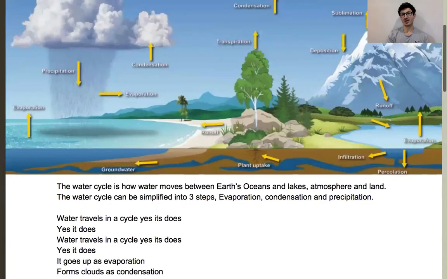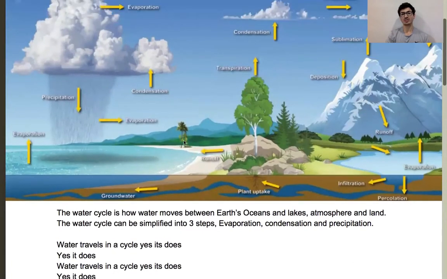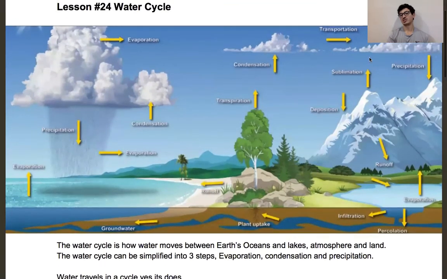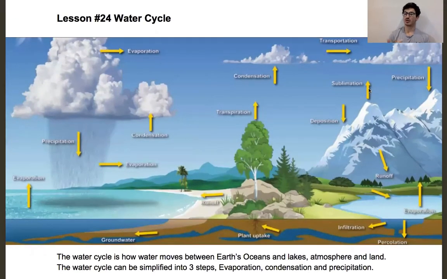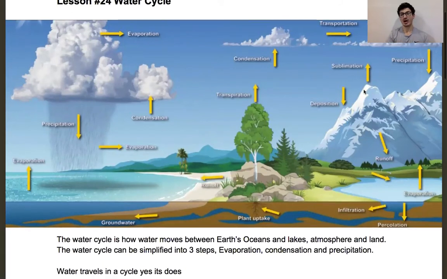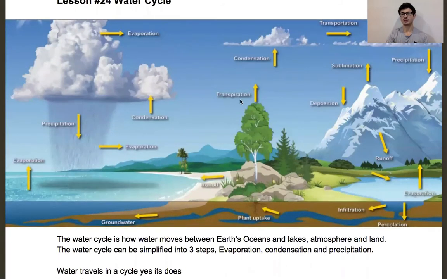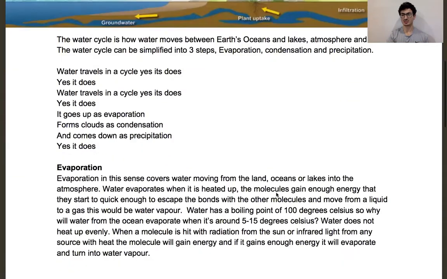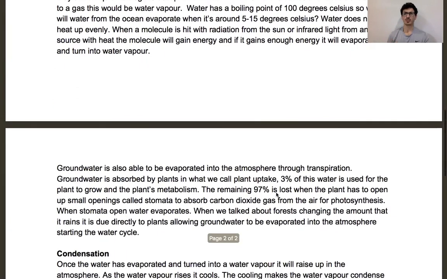So if we look at this diagram again, we can see that there's evaporation. All the arrows going up are essentially evaporation, and sublimation, which is when you go from a solid to a gas. And then there's precipitation. I don't know how to say that word. And plant uptake. So what happens is you have some groundwater, and plants are going to absorb this groundwater. Plants only use about 3% of the water they absorb. They use it to grow bigger, as part of the plant's metabolism. And the remaining 97% is lost when the plants open up some of their openings called